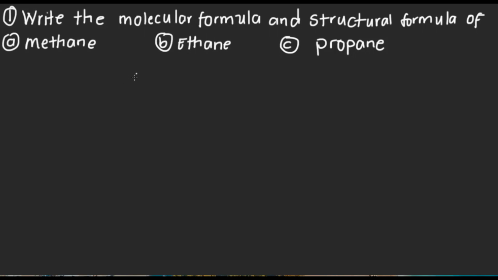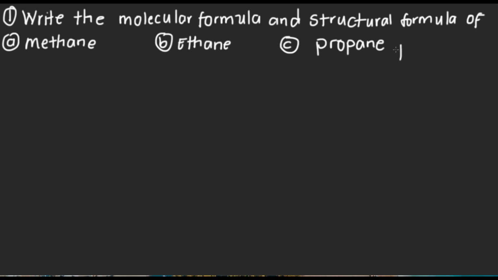Before us, we have a question in chemistry under the topic of organic chemistry, where we are told to write the molecular formula and structural formula of methane, ethane, propane. So these three molecules are under the alkanes. Now, before we look into that, I want us first to begin with